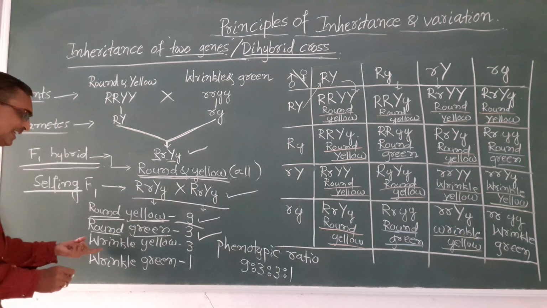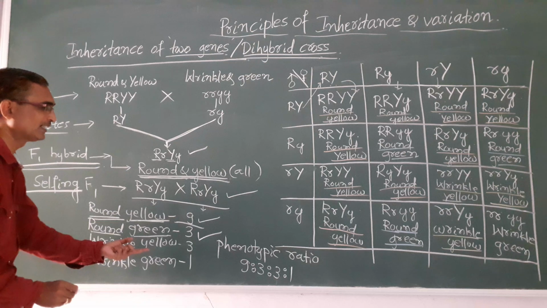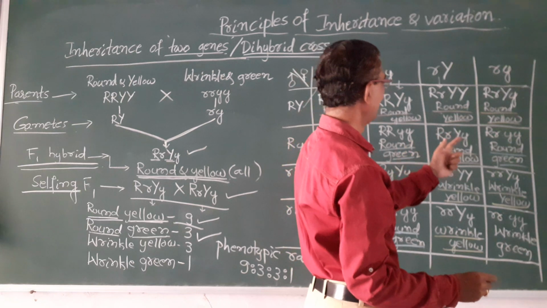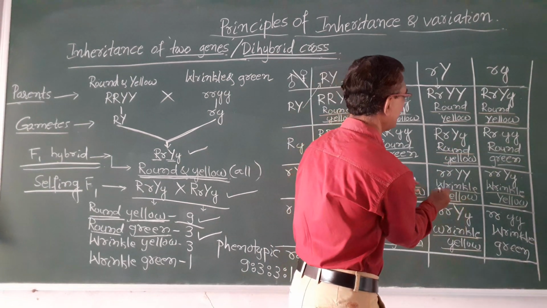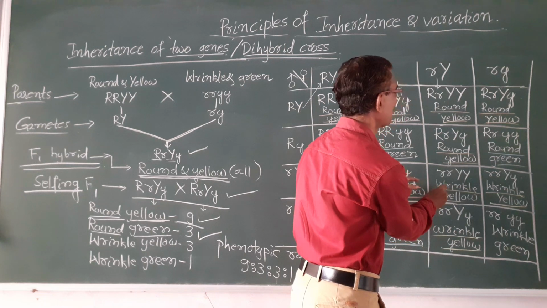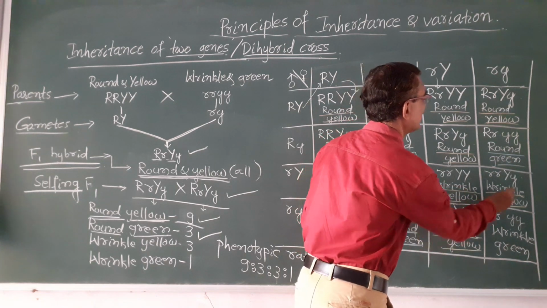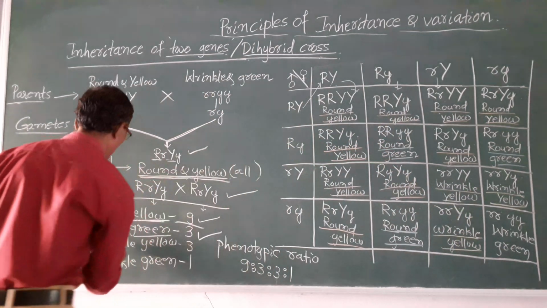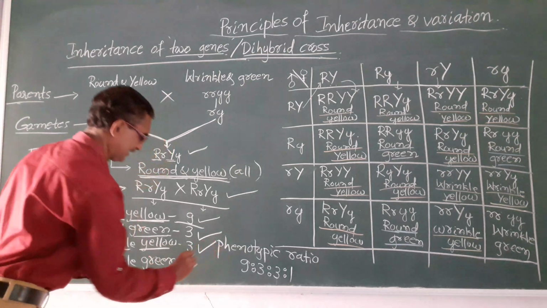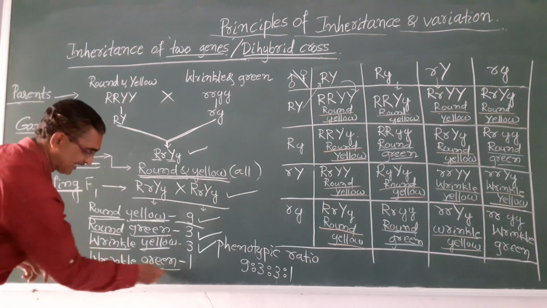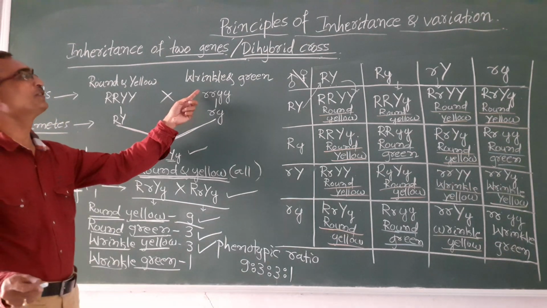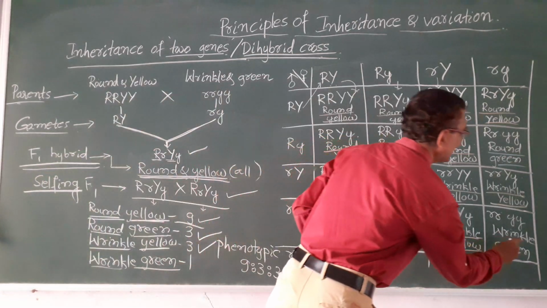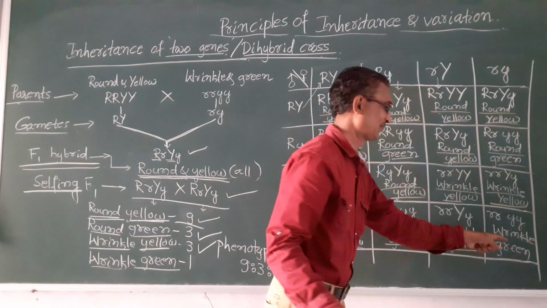Like this, wrinkled shaped and yellow colored, you see, wrinkle and yellow. I have marked them with yellow colored chalk piece. Wrinkle and yellow 1, wrinkle and yellow 2, and wrinkle and yellow 3. So wrinkle and yellow, 3 plants. And finally, wrinkle and green, that is a recessive parent. Wrinkle and green, pure. Okay, you see, wrinkle and green plant. This is one.